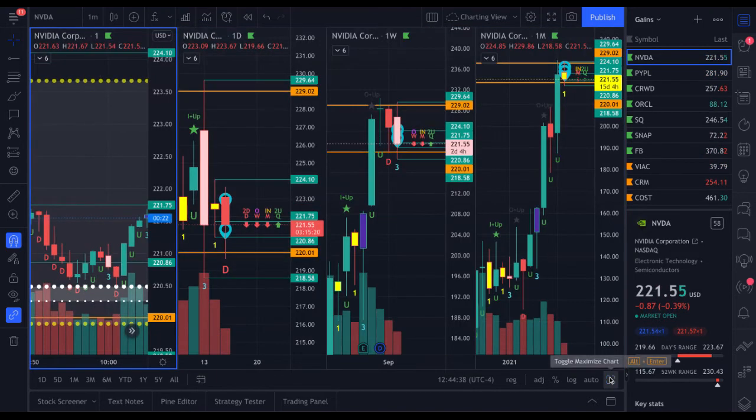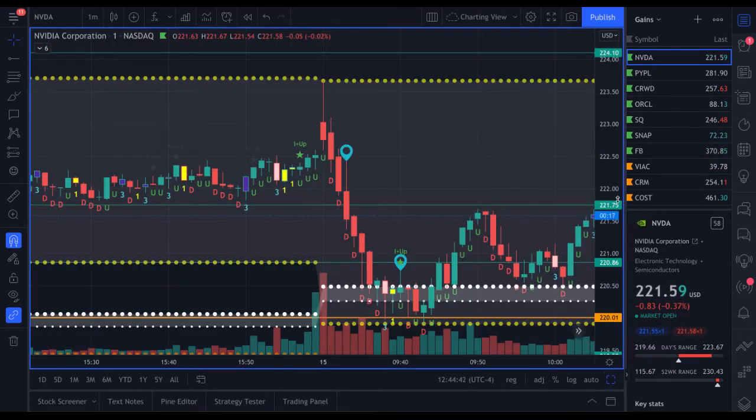Let me confirm that that's not the target. Yes, the daily entry is the target of the 4-hour. So 221.75 is the entry off the 4-hour. 220.86 is the target on the 4-hour and the entry off of the daily. In this case, I got in on this candle here. That is when it crossed over our entry. I had an alert,